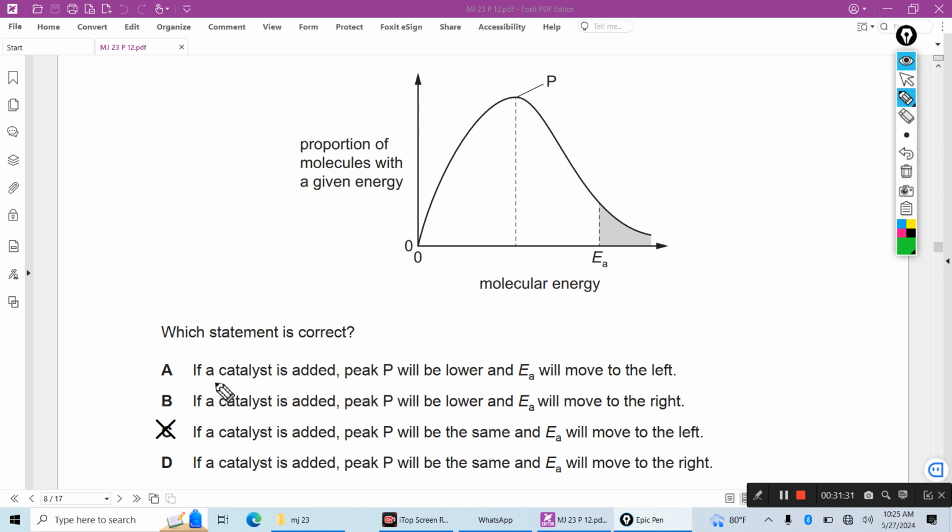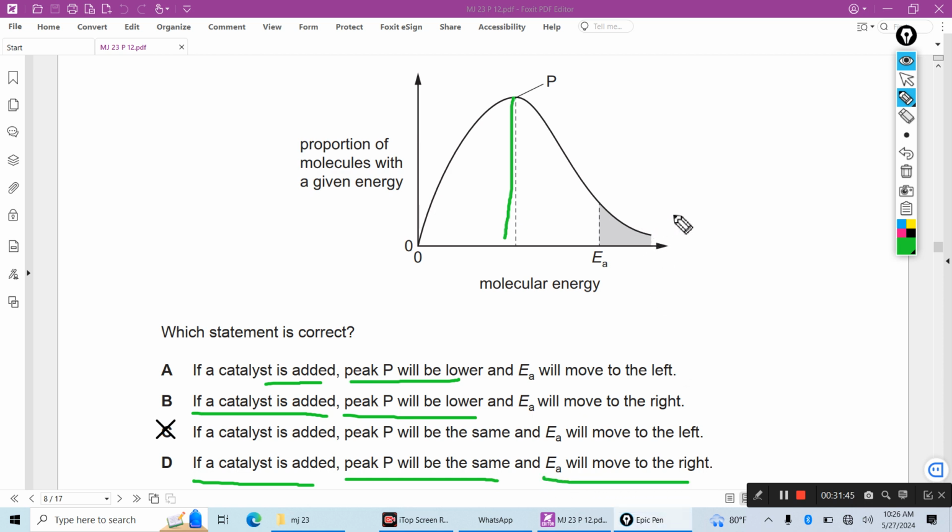Why is A wrong? If a catalyst is added, peak P will be lower. No, this will remain the same. Option: if a catalyst is added, the peak will be the same and EA will move to the right. No, it will move to the left, because the catalyst decreases the activation energy; the catalyst does not increase the activation energy. Next,